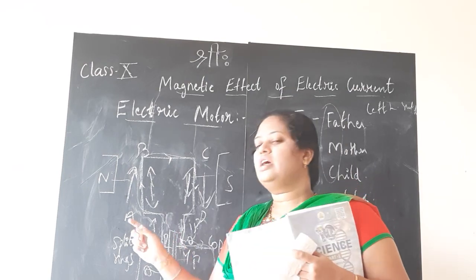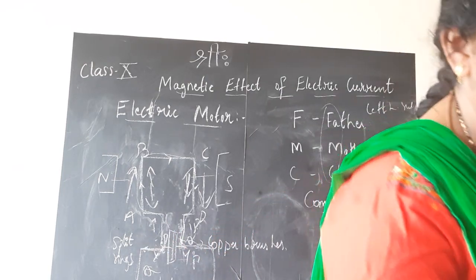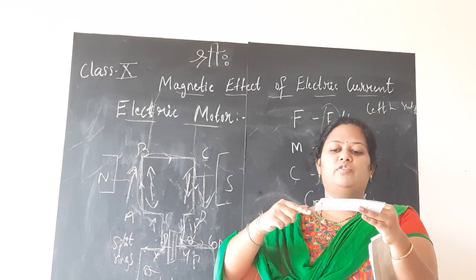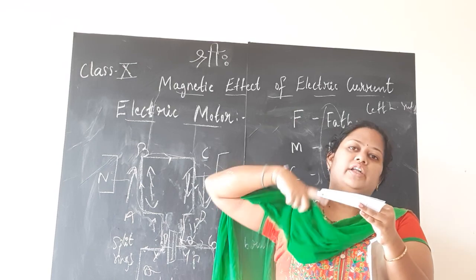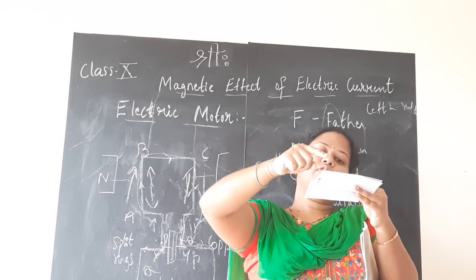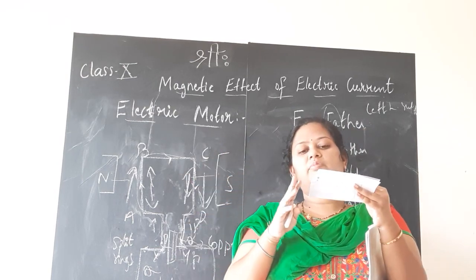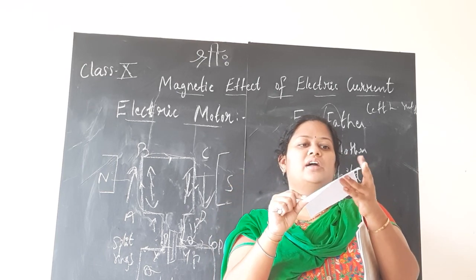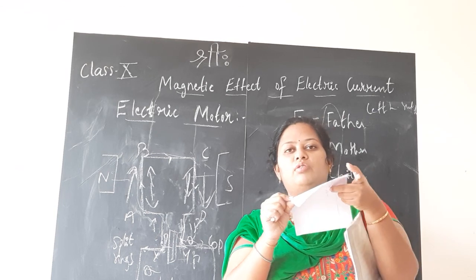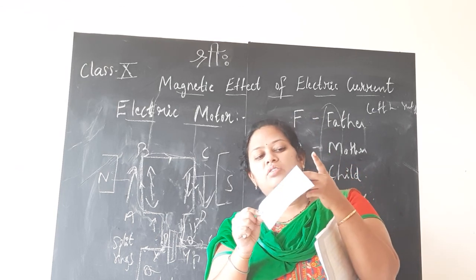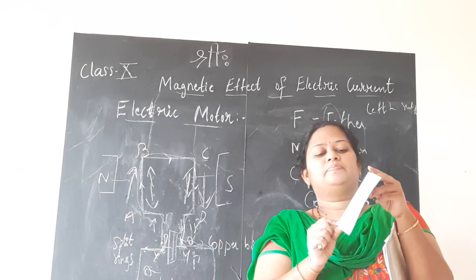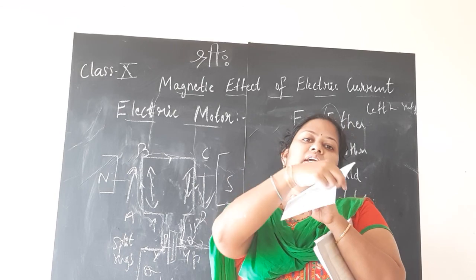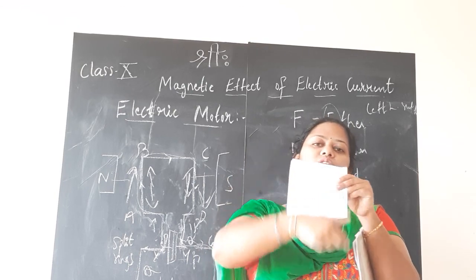First current, we use the sheet now, children. A, B, C, D. Current was flowing A, B upwardly, C, D downwardly. So when current was flowing through the arm AB, which was placed in the magnetic field, the force was acting in the downward direction. But the current is flowing in the outward direction in the armature CD, so now it is going in upward direction. Now current will flow through DCBA, from ABCD to DCBA.